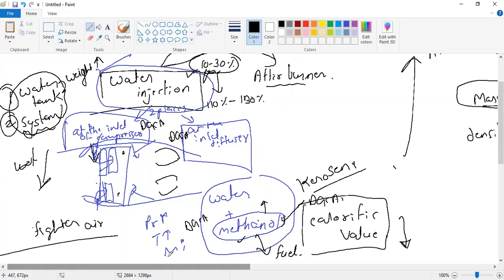Sir, is the thrust greater when added at the diffuser or the compressor? It will not matter, because ultimately both of them are going to get converted into gas before they enter the combustion chamber. Only thing is, if we add it in front of the compressor, your first and second stage will be prone to corrosion.